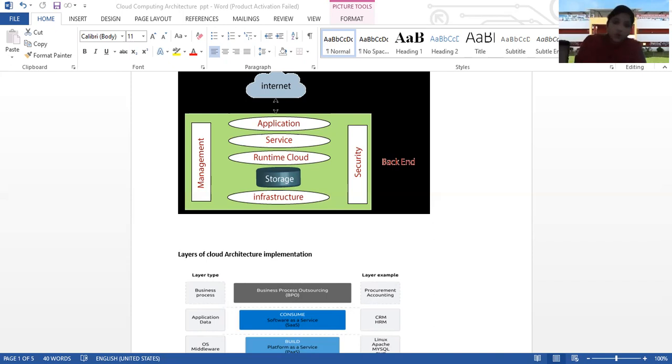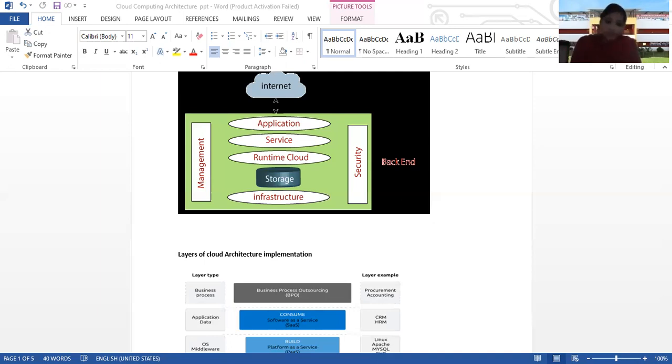The next service is platform as a service, called PaaS in short. It is also known as a cloud platform service. It is quite similar to SaaS, but the difference is that PaaS provides a platform for software creation, whereas using SaaS we can access software over the internet without the need for any platform. Examples: Windows, Force.com, then Commerce Cloud.